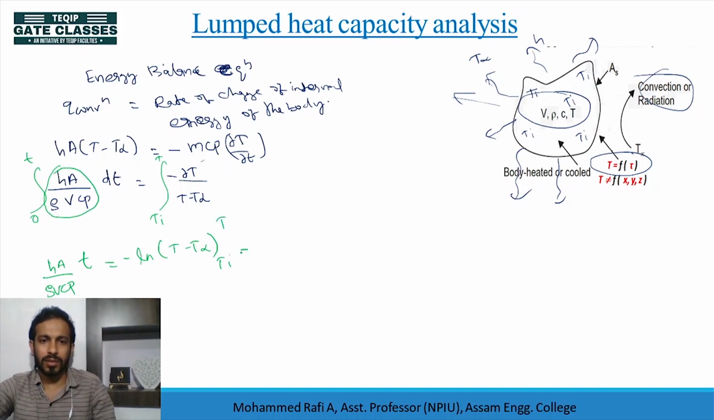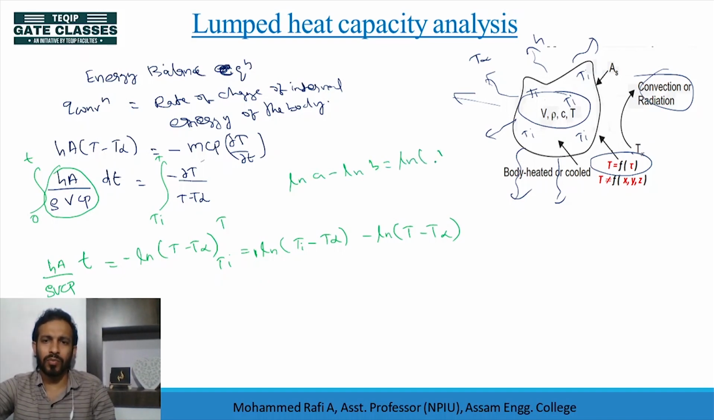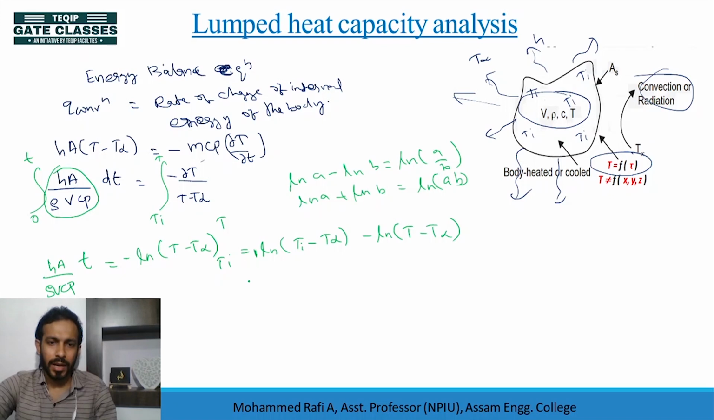If I elaborate this, the logarithm of T minus T infinity has a minus sign, so I just remove that minus by replacing it with Ti minus T infinity over T minus T infinity. I can write log A minus log B equal to log of A by B. I hope you already know this. Similarly, log A plus log B I can write as log of A into B. So using this, I can write